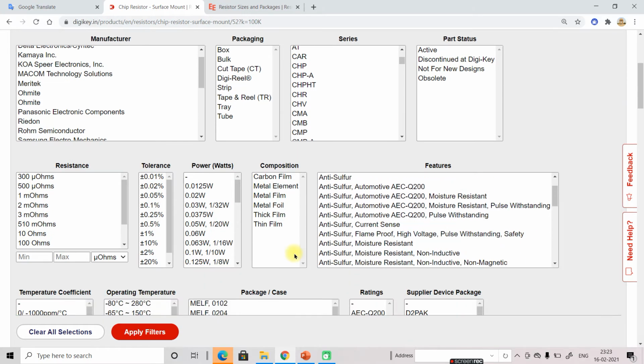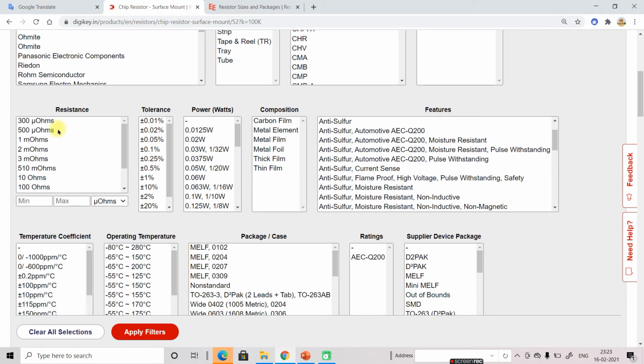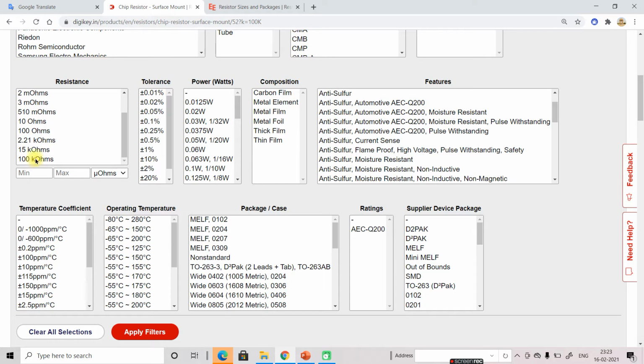Now more filter, resistance value. What type of resistance value you want to select? 100 kilo ohm, I select here 100 kilo ohm. Tolerance, how much tolerance you want to select, and it will show according to your selection how much resistance is available. I selected 100 kilo ohm, so it shows these many, 3788 quantity is available.